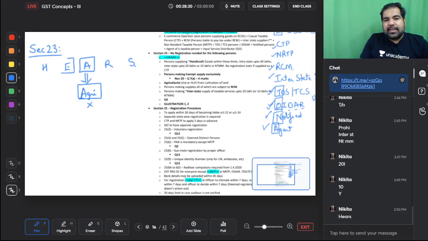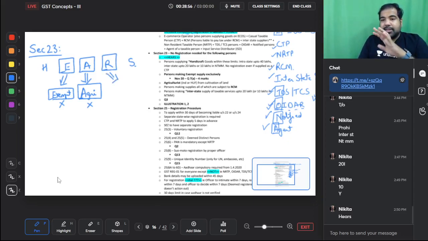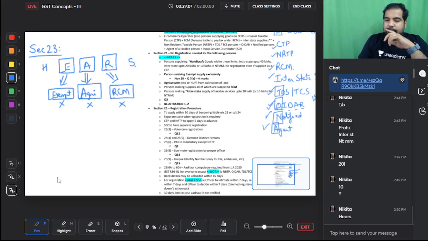Next, E is exempt supply. Guys, you know what is exempt supply? Exempt has 3 N's. Nil. Nil is also exempt. Non-taxable supply is also exempt supply, and exempt through notifications. All those, if you are only doing that supply, then again you don't need to register, guys, because you don't have to charge GST. So why do you have to register? Next is R. If your entire supply is taxable but under RCM, then why are you worried? The recipient will bear the burden and the headache. So if your entire supply is taxable but under RCM, then you don't need to register.